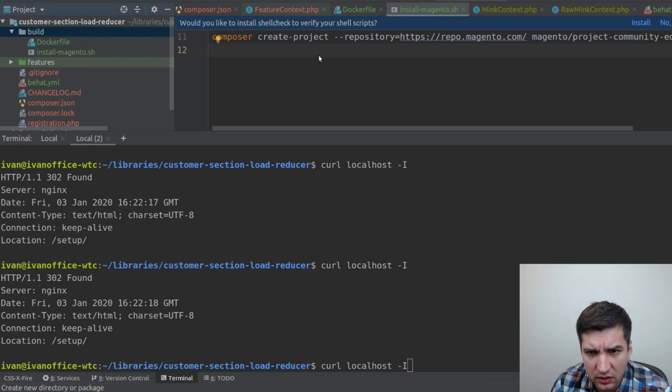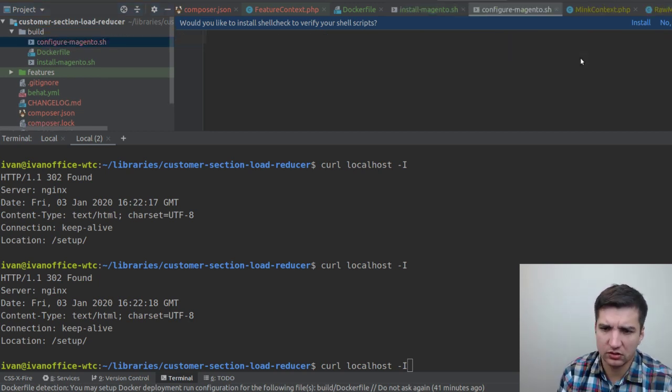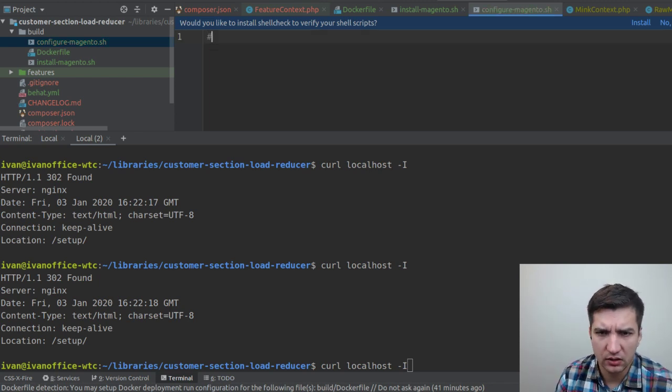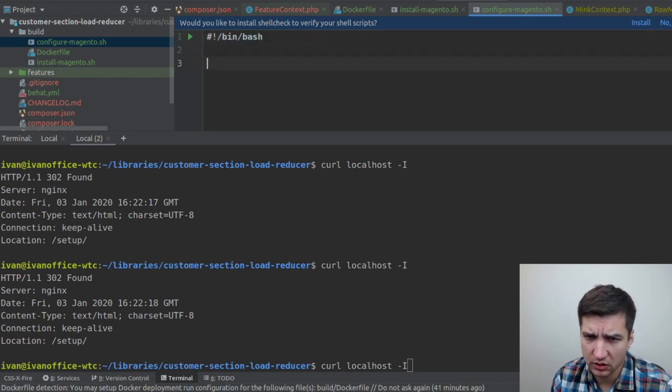And now we're going to create another bash script because I'm not going to run the whole process of composer initialization again. So I will just do a quick creation of another script. Later on I will refactor it, of course, and I will call it configure-magento.sh. Oh no, not sg, sh. Okay, and here it's going to be bin/bash, and here I'm going to